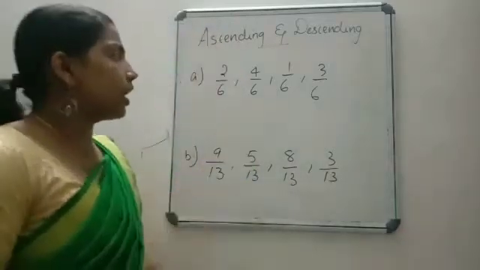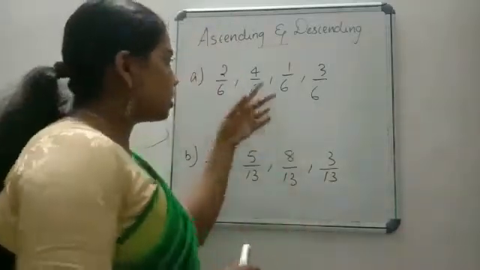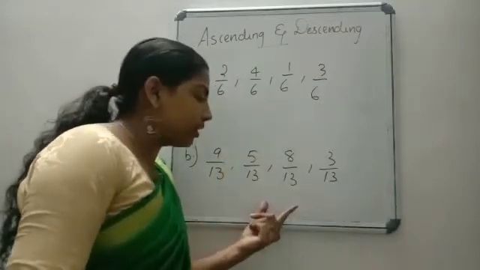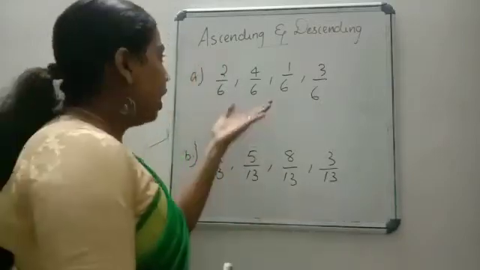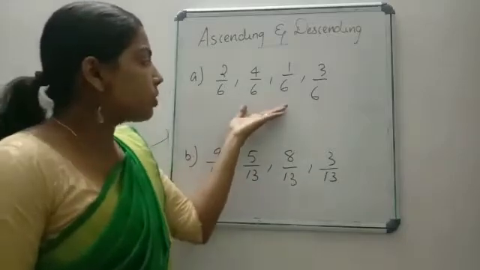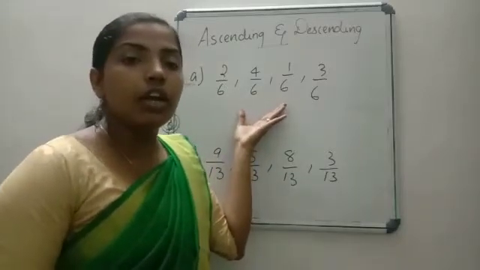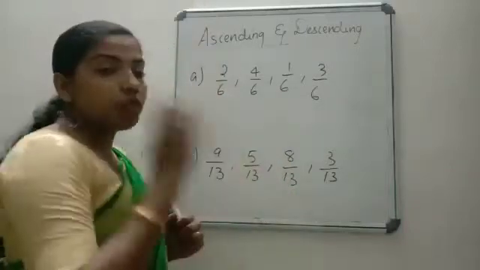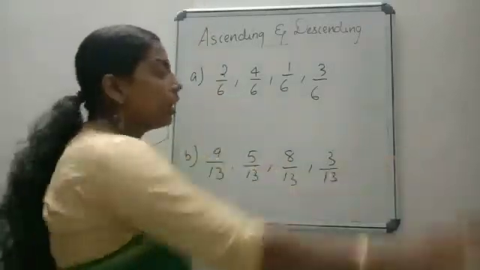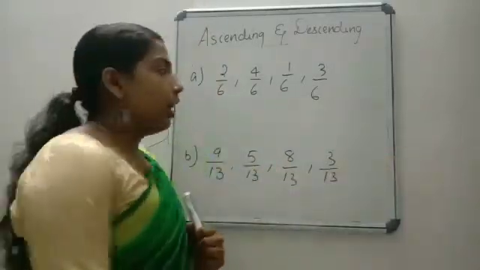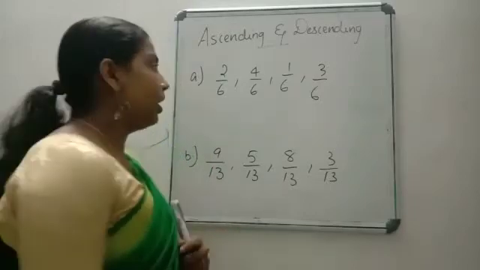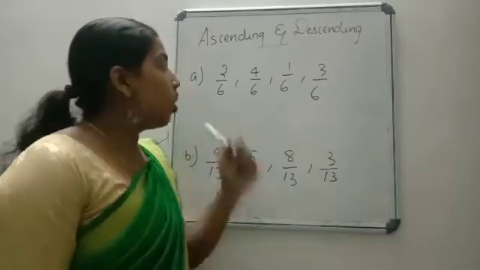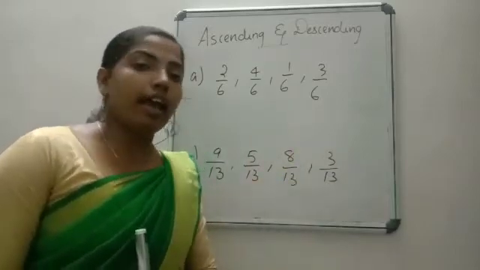See the first question here. Here our question is to arrange it. Let us arrange this first question in ascending order, and we can arrange the second question in descending order. Okay, so here this question we are going to arrange in ascending order. So what is ascending order? Smaller to bigger. So for that, first you have to check whether all the given fractions are like fractions. If so, we can do it in a simple way. See here all the denominators are 6. So all the 4 fractions are like fractions.